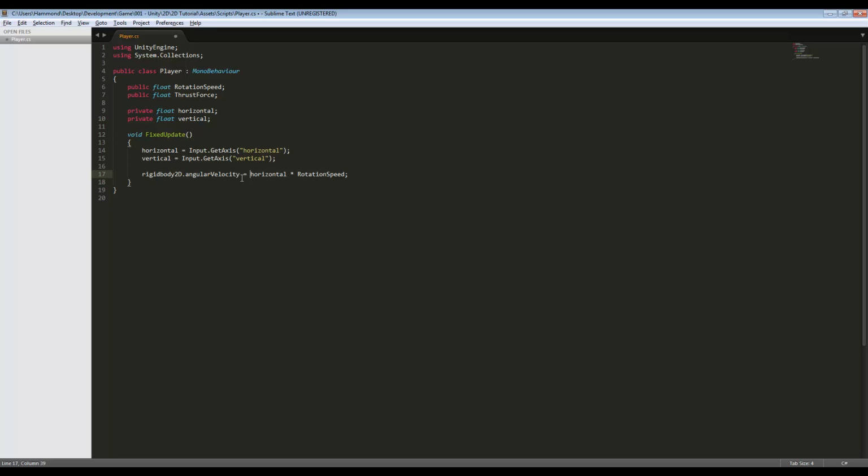If we're pressing or holding left, it's going to be a negative, so our rotation speed will be negative, therefore it will rotate to the left. Same thing, if it's right, it'll be positive, so it'll go right. Then the next thing that we want to do is